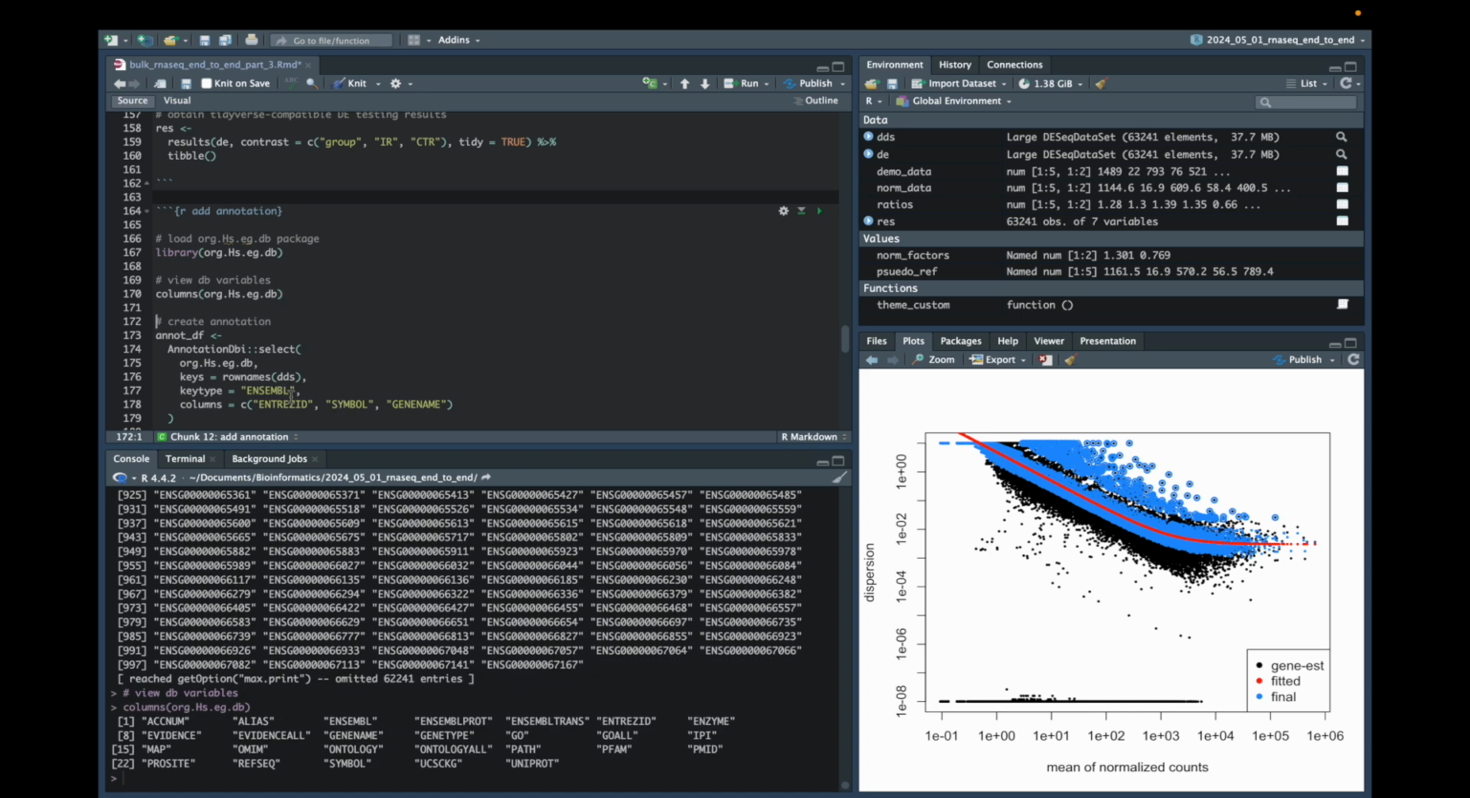So we know that Entrez ID, symbol, and gene name are available within this particular database from the outputs down here. So we can say, matching the key types from our data to the keys within the database, extract the gene level information for which we'll add the Entrez ID, the symbol, the HUGO symbol, and the gene name. And we're going to save this in an object called